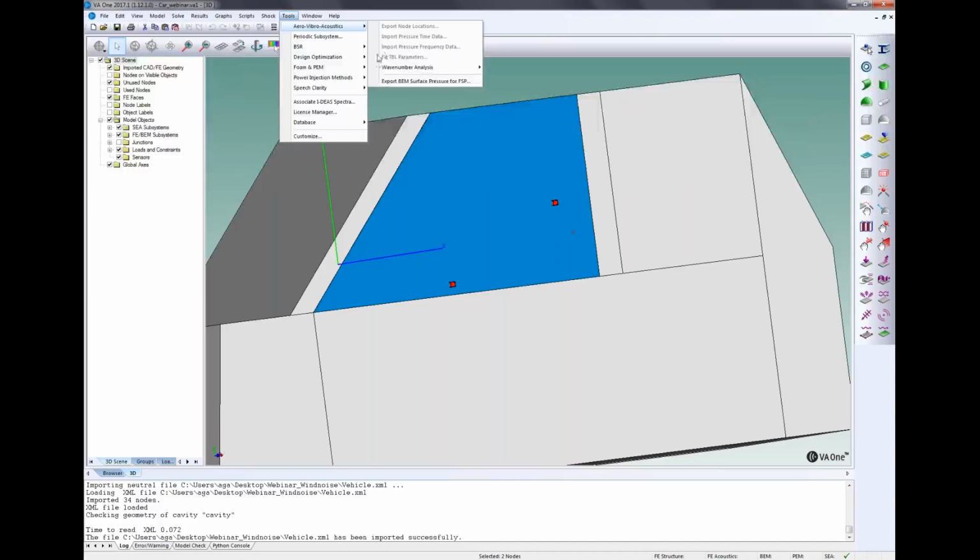You can use the fit TBL parameter here. You can also export bump surface pressure for FSP, so it's more like side functionalities here. But we will compute the wave number frequency spectrum from pressure time data here,